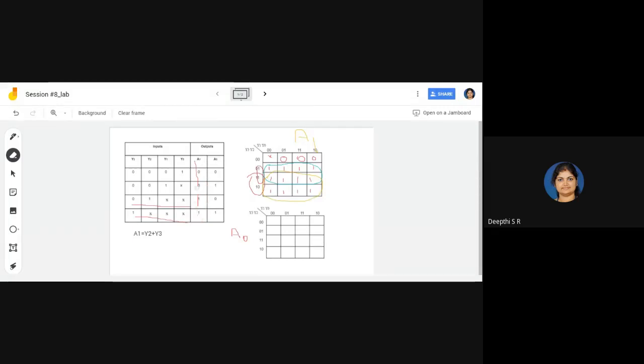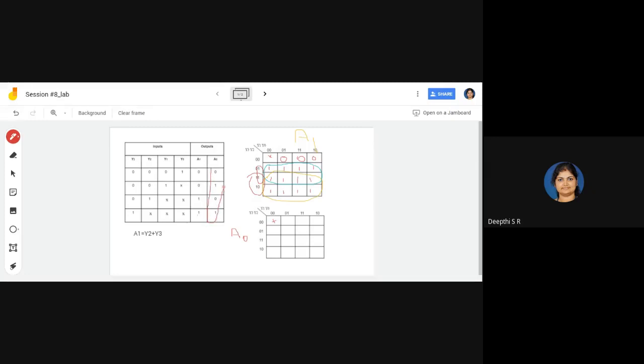Okay. So when everything is 0, what is the output? When Y1 is 0, Y2 is 0, Y3 is 0, and Y0 is also 0, what is the output? We don't know what the output is, so we'll take it as unknown. Okay.